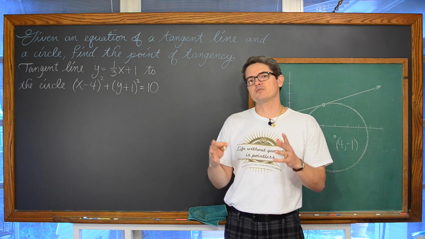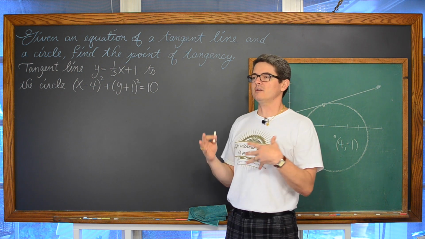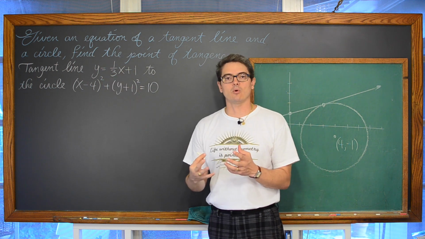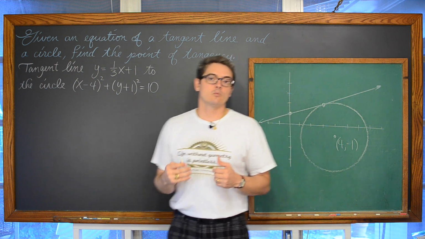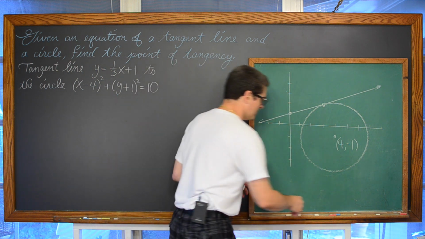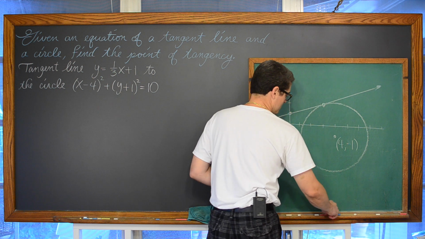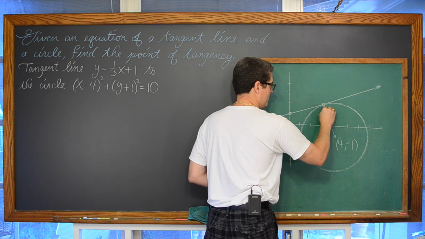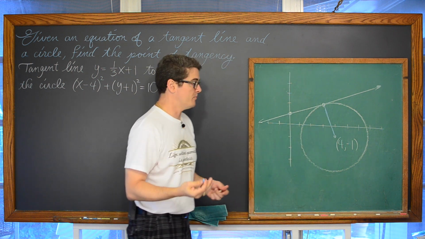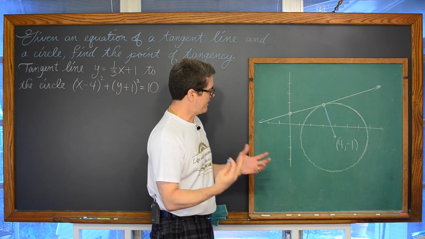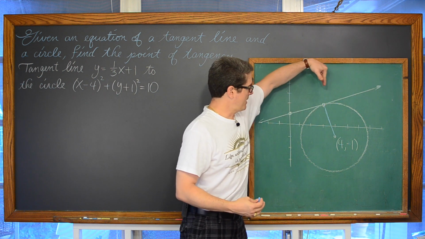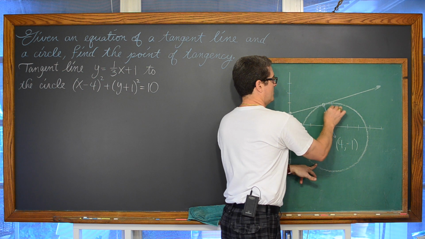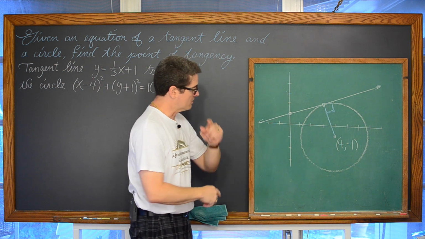But the process of solving this problem that way is going to be a few more algebraic steps and having to deal with that fraction a bit more than what we're going to do right now. And what we're going to do to solve this problem is focus on the concept that we actually already reviewed when developing this example, which is another reason why I wanted to show the development of the example. A tangent line and a radius at the point of tangency must be perpendicular.